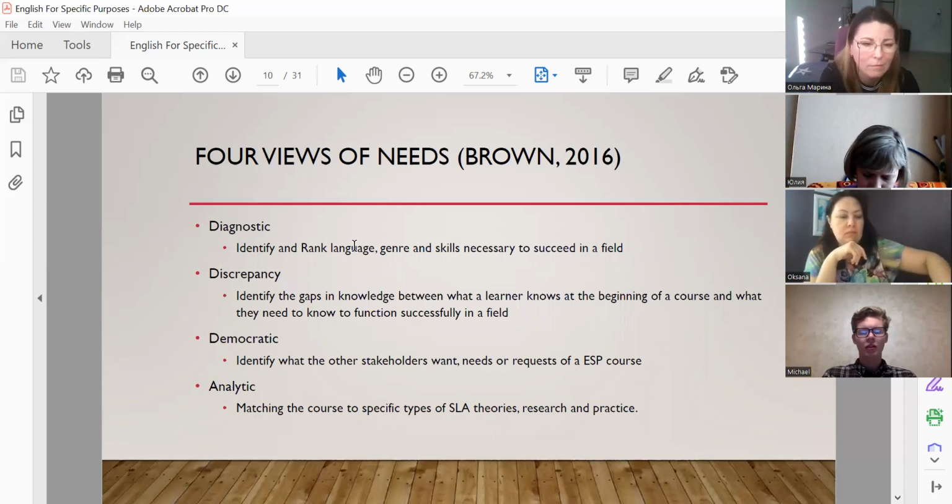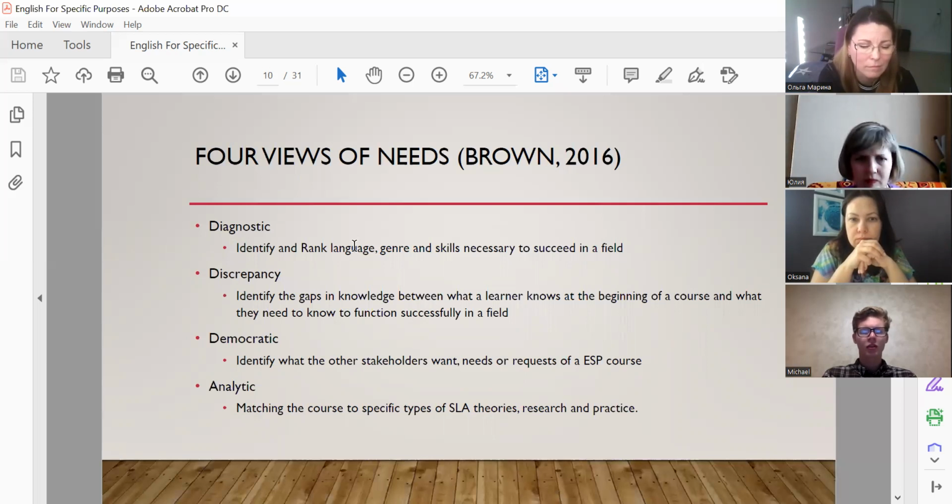And so first we need to identify it, and then we need to rank it according to the CEFR, to the levels. Then genre, whether we are talking about some general or some specific situations, and skills necessary to succeed in a field. So we also need to